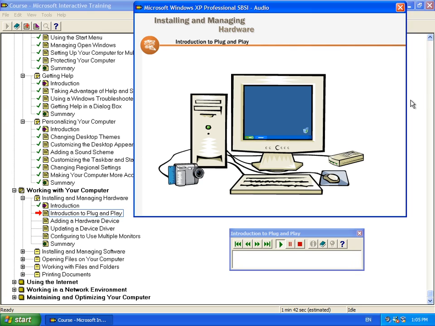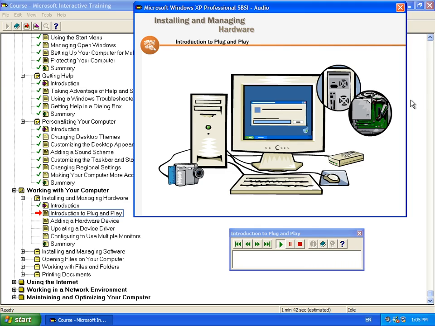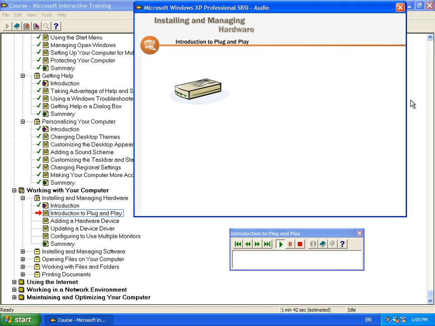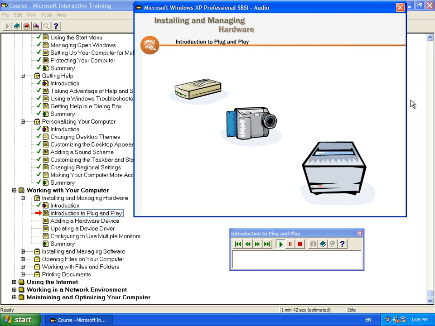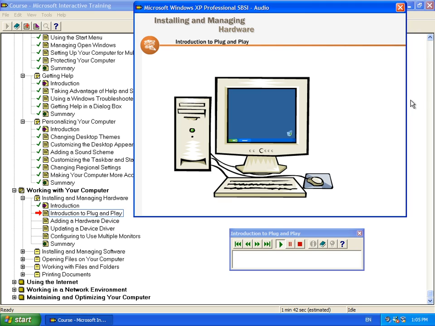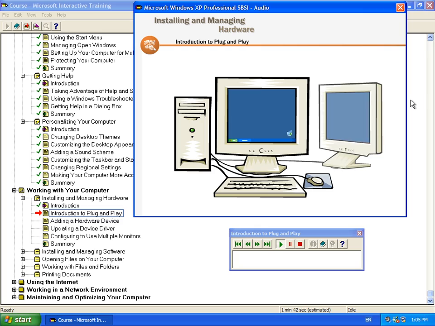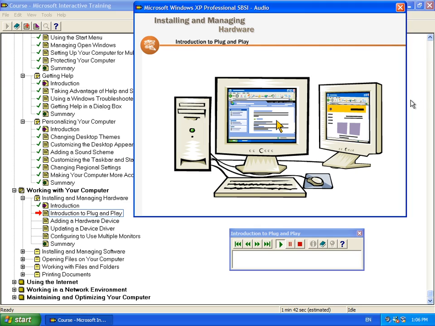When you add a new plug-and-play device to a computer, Windows automatically detects the device and installs any necessary drivers. In most cases, all you need to do is connect the device, turn it on, and Windows will do the rest. Windows configures each plug-and-play device so that it won't interfere with the operation of other hardware devices connected to a computer. For example, you can install multiple video cards and monitors on a computer without having to manually change the Windows configuration. Windows ensures that the devices will work together and that the computer will boot correctly after the